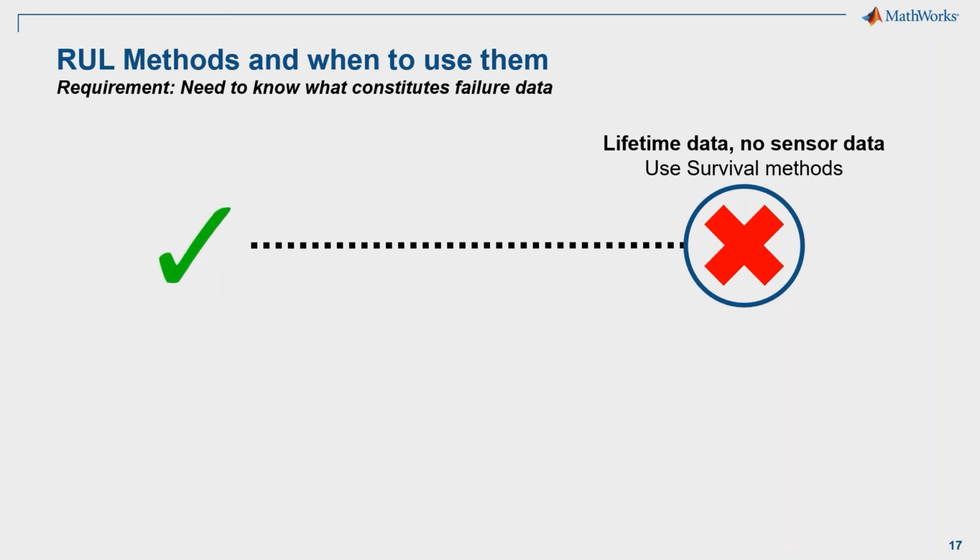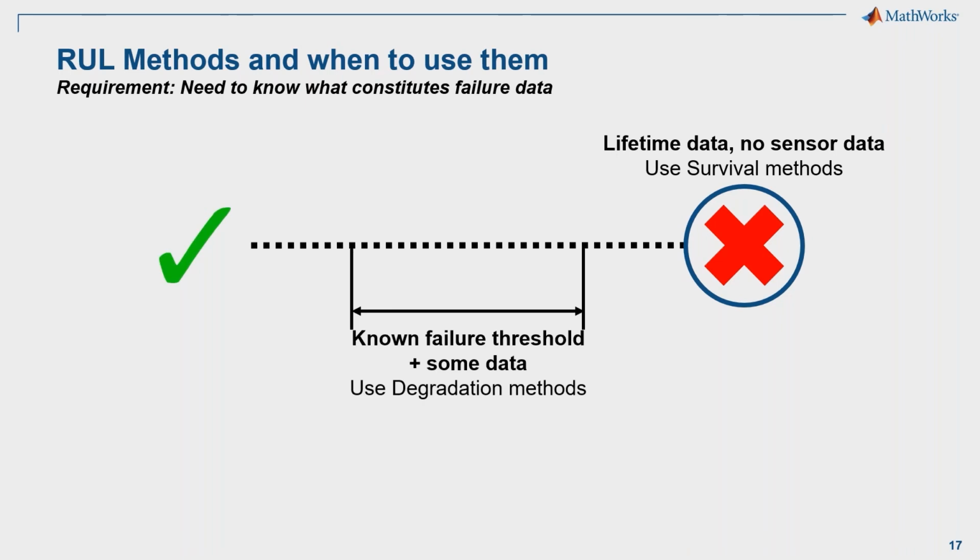It does require a very high volume of devices in order to be able to do this, but we can use that lifetime data and something called the survival method in order to try to build a model to predict how long something else might survive. We can include things like operating conditions and stuff as well in order to try to add some more information to that system too. But let's say we do have some sensor data, right? Not necessarily for the entire life cycle.